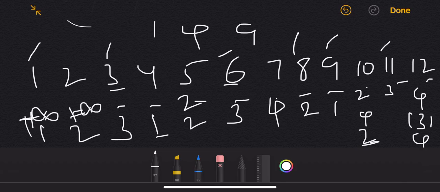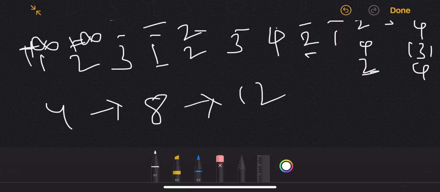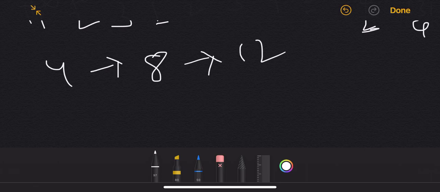Again it is 3, which is from 8, and for 8 we came from 4. So for 4, it is the basic split, so for 12 our answer is going to be 4, and then to 8, and then to 12. So it is nothing but 4, and 8 is going to be 4 comma 4 again. So finally we are able to sum to 12. So this is my explanation. Let's see the code that I just wrote.